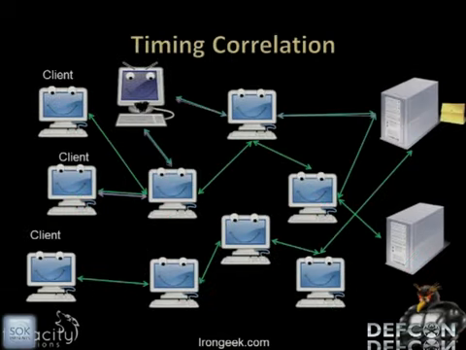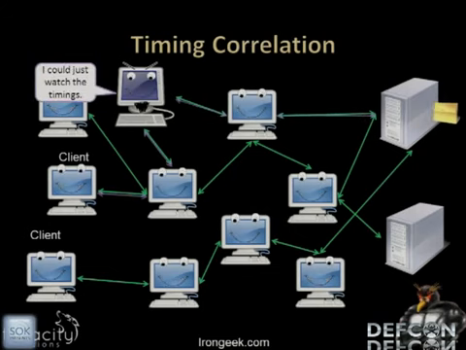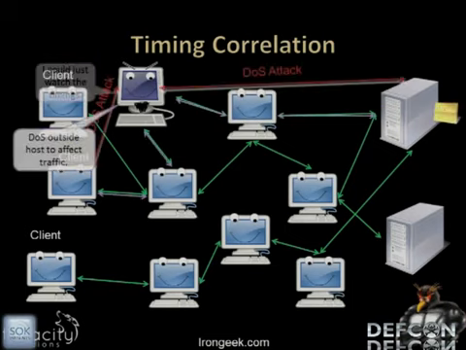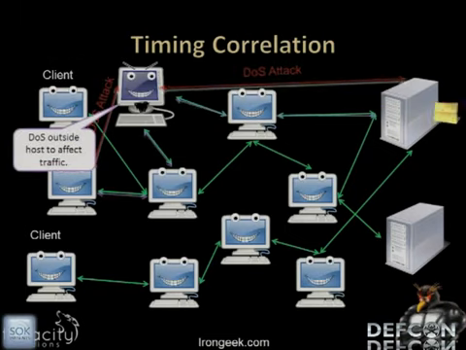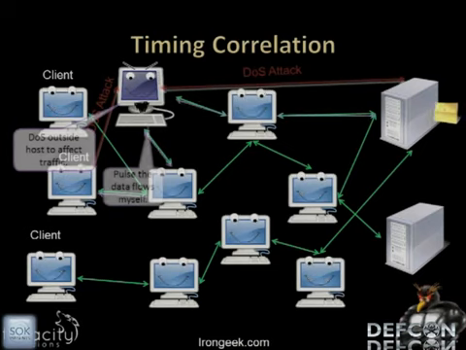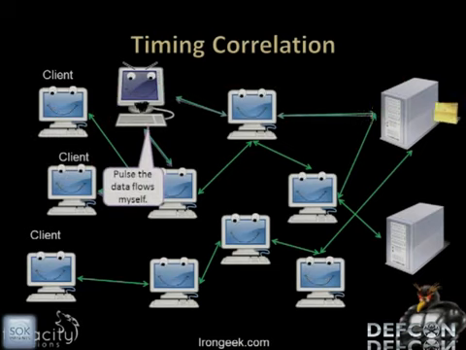Another example might be timing correlations. Like I was saying, there was that whole delay between exchanges between different nodes in the darknet. They can also do things like DDoS nodes they know are in the path and try to cause a certain pattern in that timing by overloading a server and making it delay other packets, so they can impose the timing themselves. If they happen to be in the path, they can try to pulse the data flow and tag it via timing,